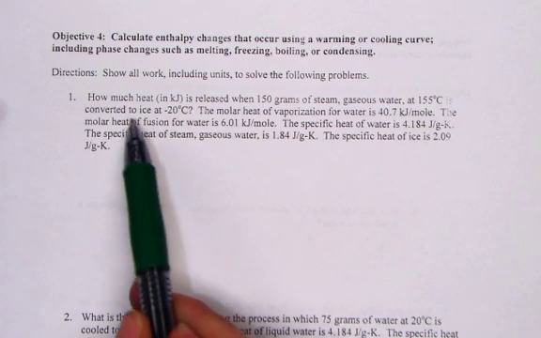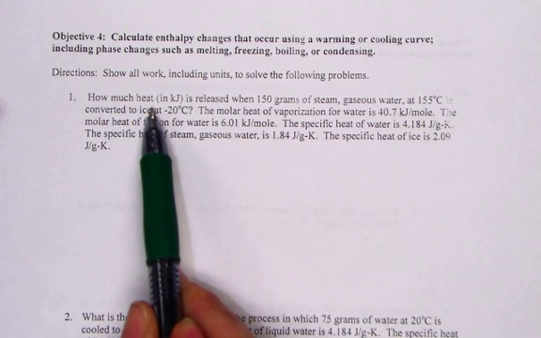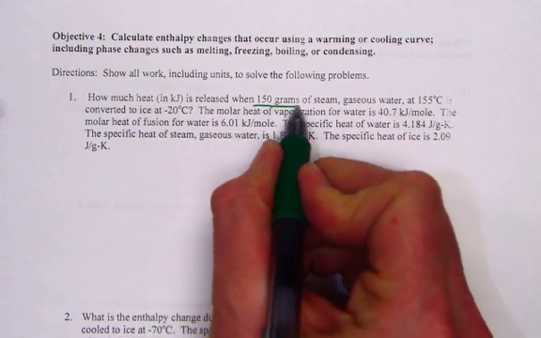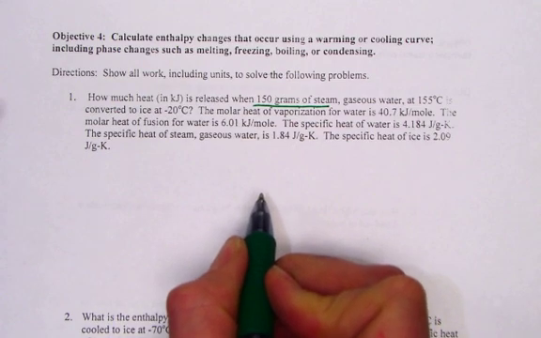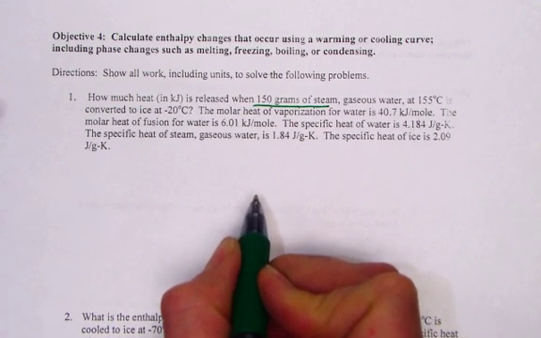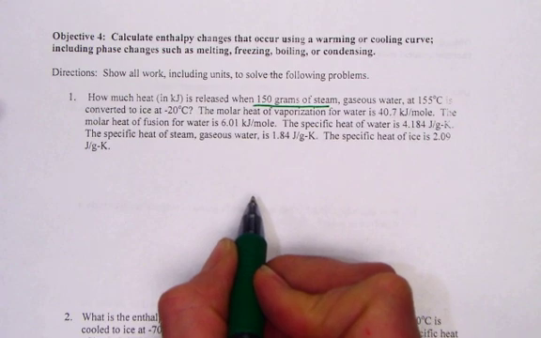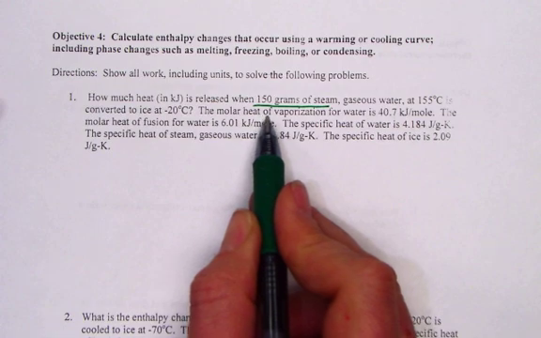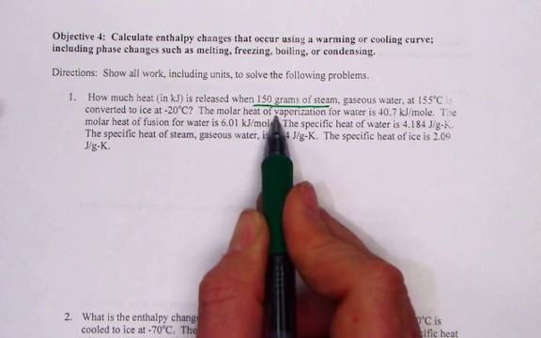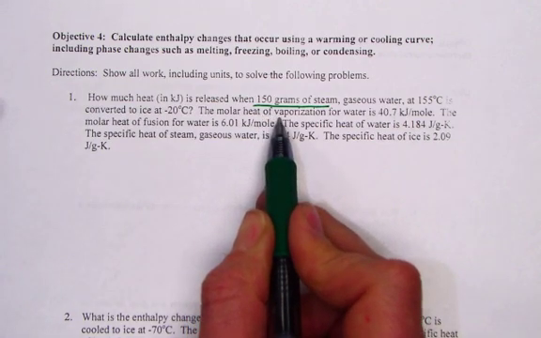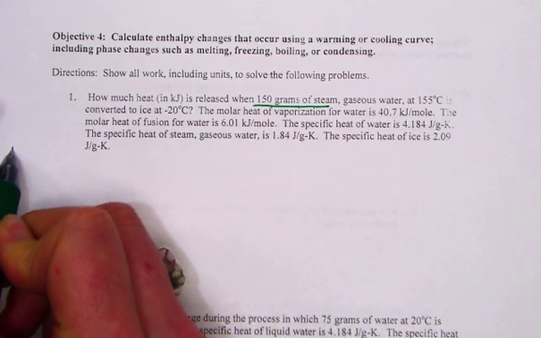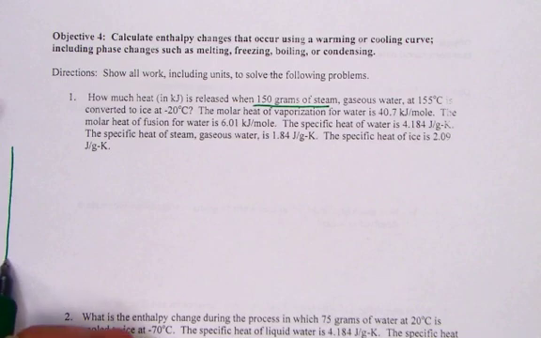Our first question begins by saying, how much heat in kilojoules is released when 150 grams of steam, called gaseous water, at 155 degrees Celsius is converted to ice at negative 20 degrees Celsius. The rest of this question is giving us information about constants we would need for each line or line segment on our phase diagram. Let's begin this problem by getting an idea of how many line segments we have to